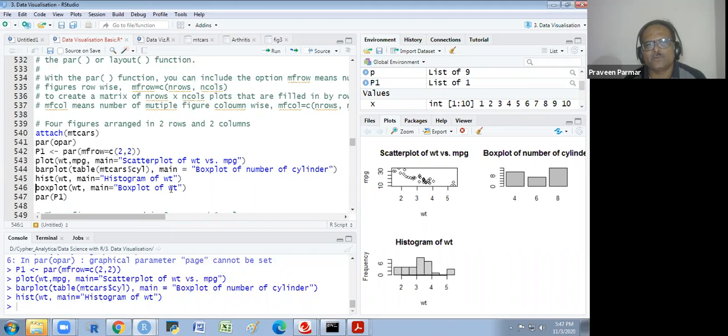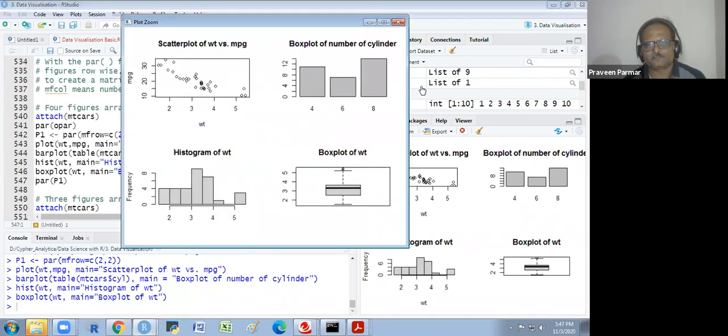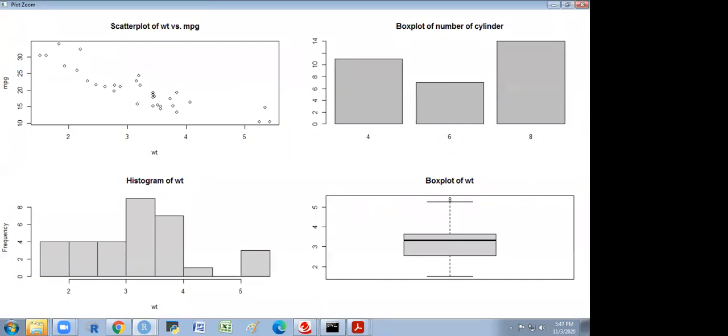And the fourth, box plot, again I want on the right side of this. You see this, multiple figures in one plot. Got it? Yes, sir.